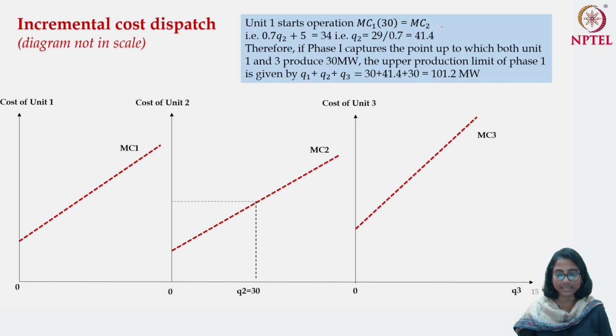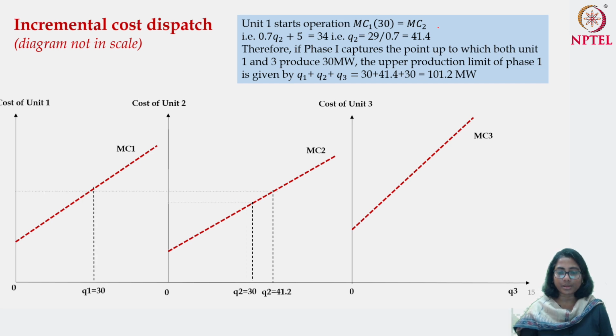So what we are saying is that up to Q2 equal to 41.2, whatever is produced will be produced only by the second unit. Because if you produce anything here, then the marginal cost of the first unit will be more than the second unit. The moment the second unit produces Q2 equal to 41.2, beyond that